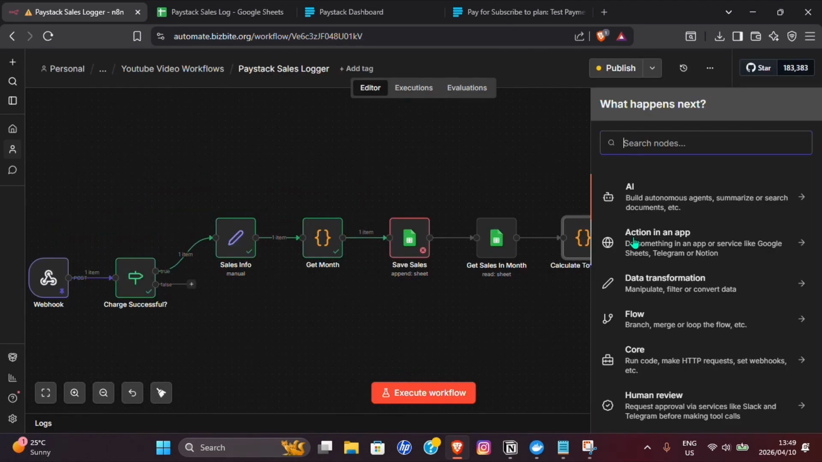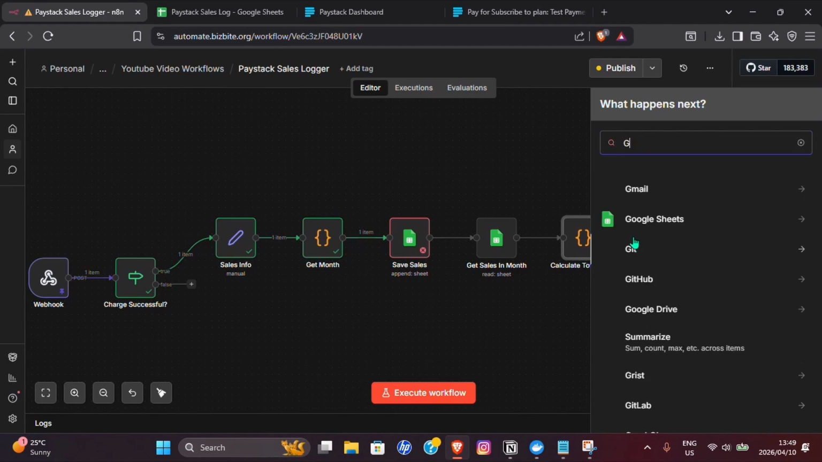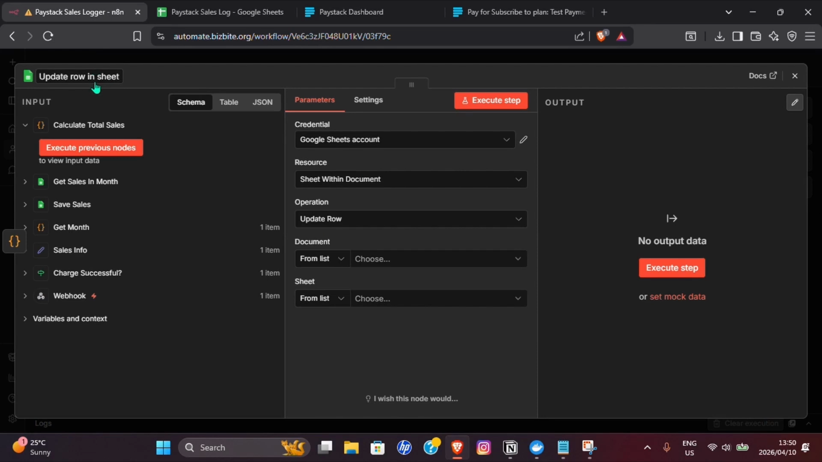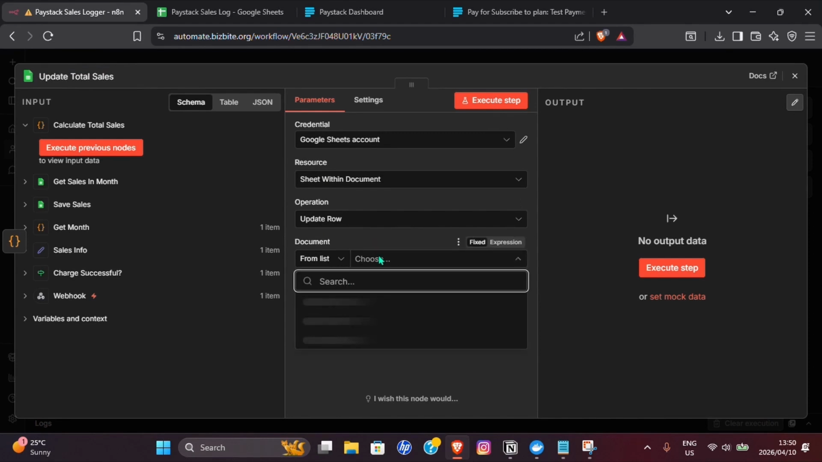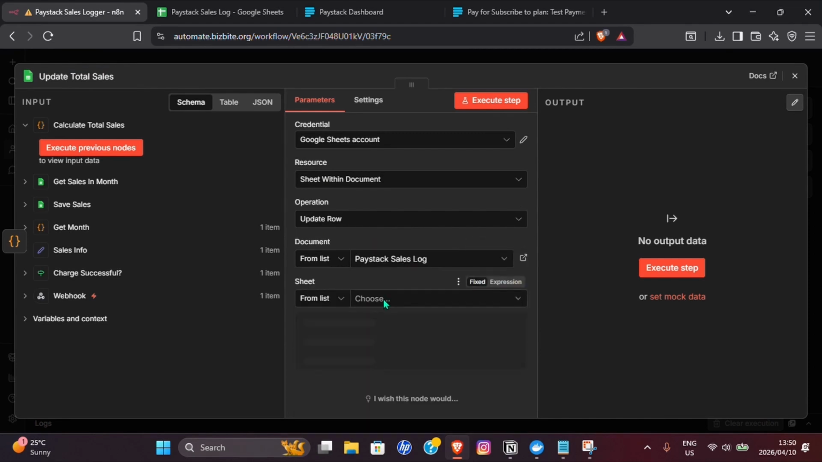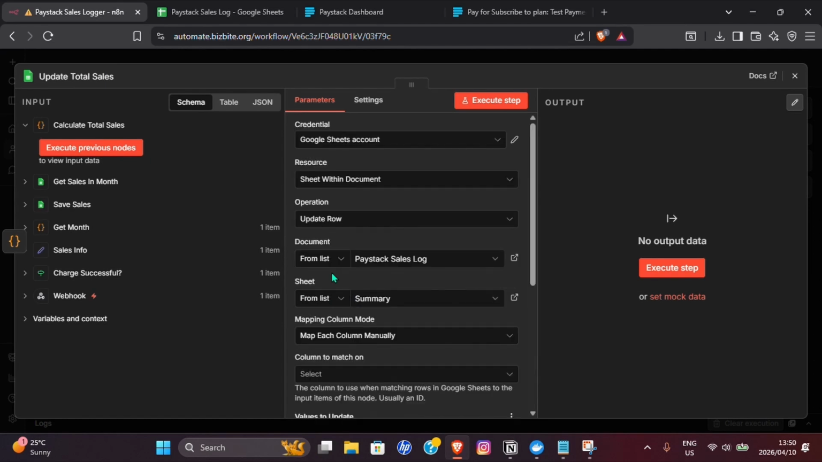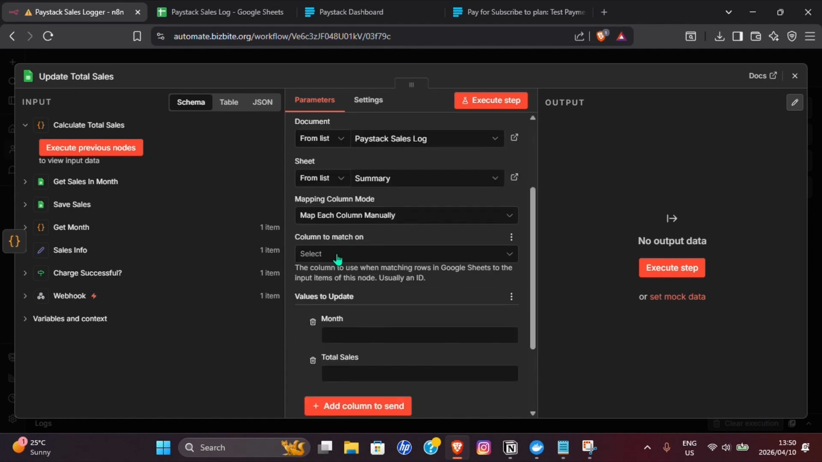Now at the end here, after we've calculated the total sales, you want to pick Google Sheets and pick update row in sheet. Here as well, we'll update the total sales, rename that update total sales. Here where it says the document, same name. And now this time for the sheet, you can just pick the summary, where each month's total sales are being recorded,